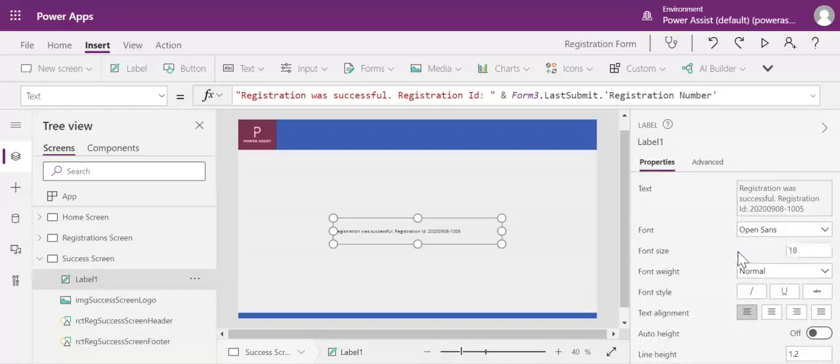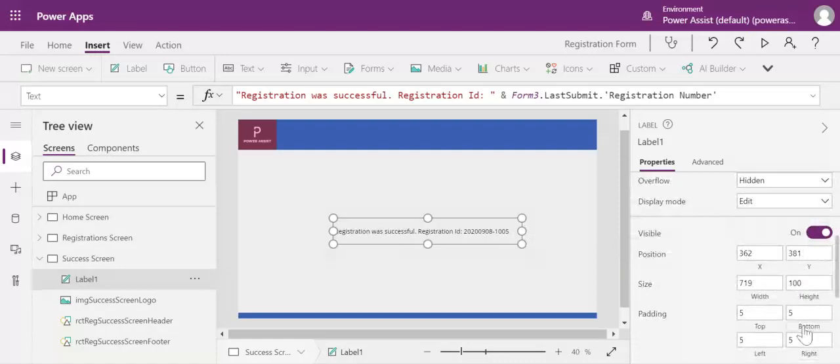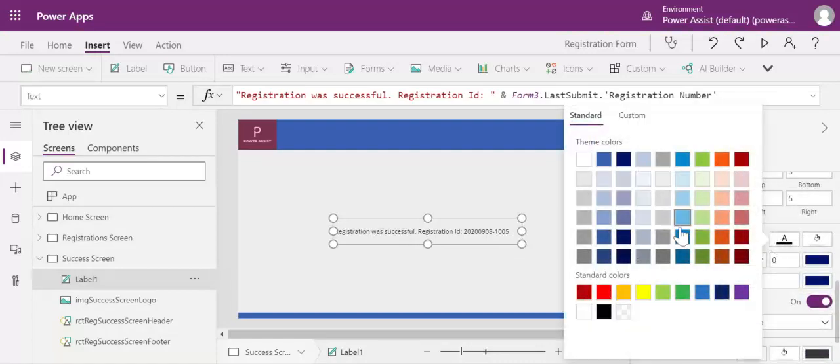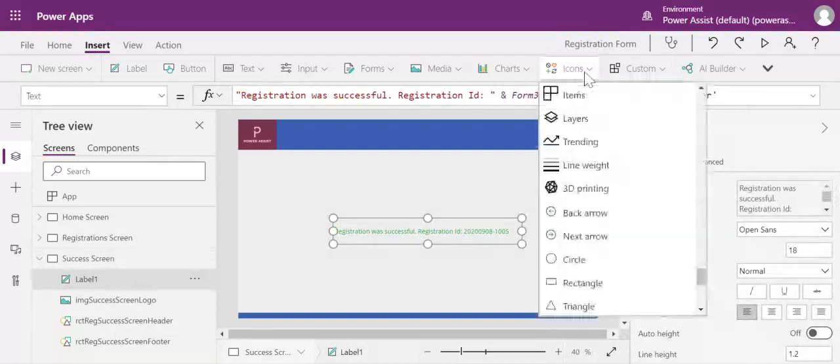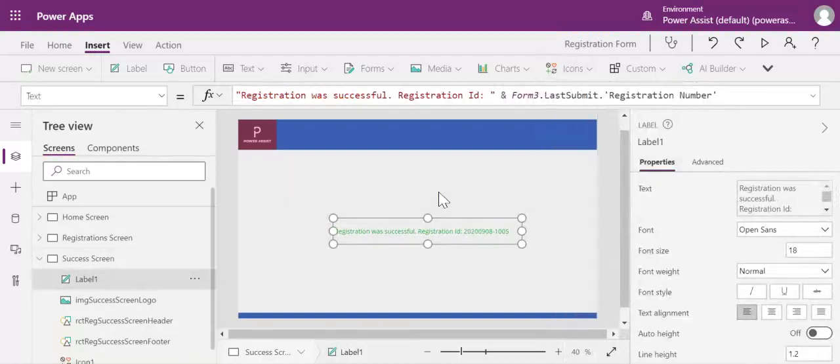Let us change the font size to have a better view. And since it's a success, I am going to change the color to show success.